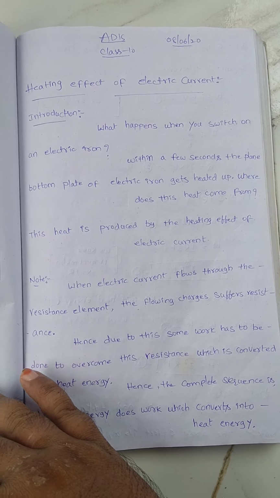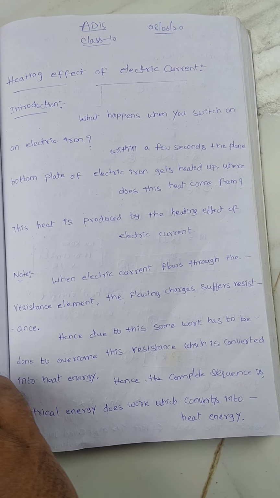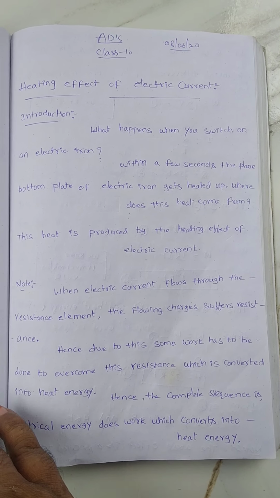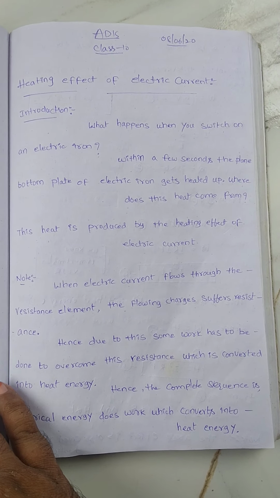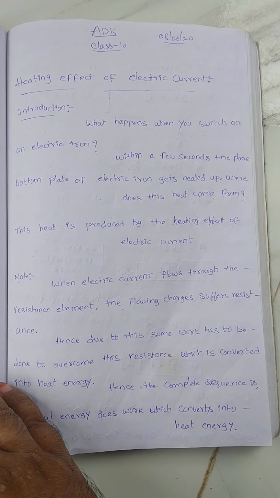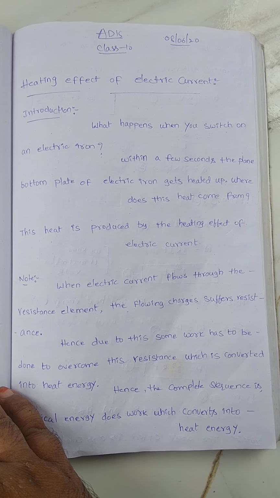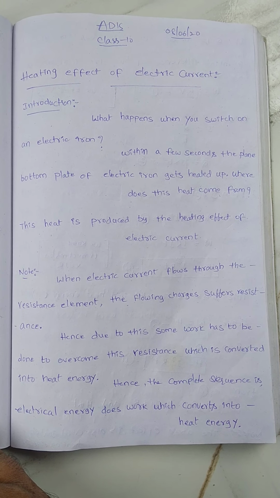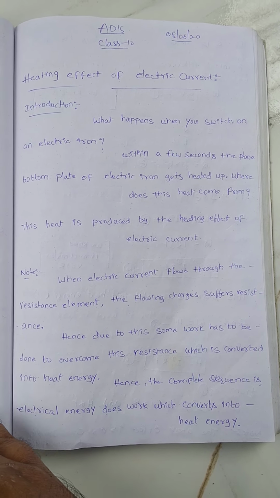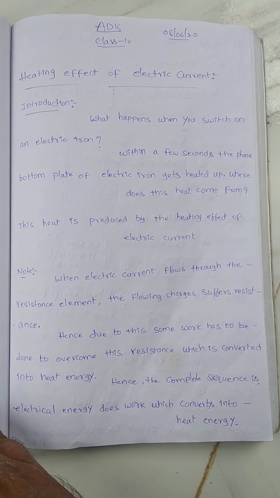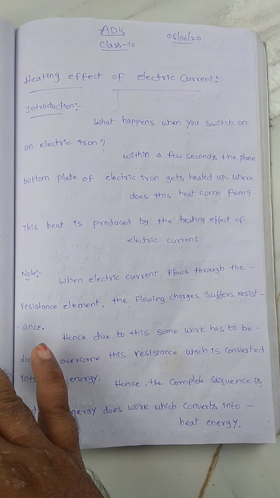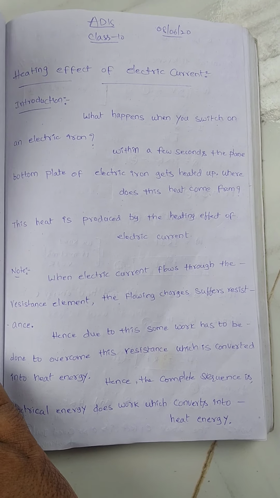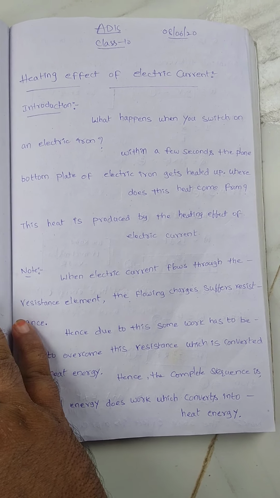Before that, in the last class we briefly discussed resistance and resistivity, different problems related to them, which factors the resistance depends on and which factors the resistivity depends on. We did many problems related to resistivity and resistance, and resistors in series and in parallel. So now I'm going to discuss the heating effect of electric current, starting with an introduction.